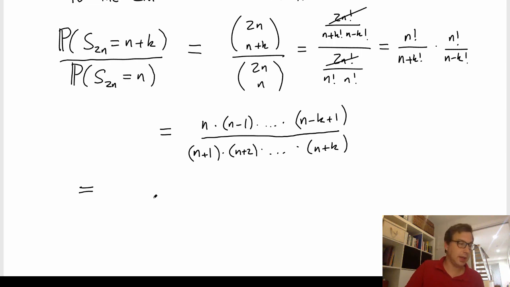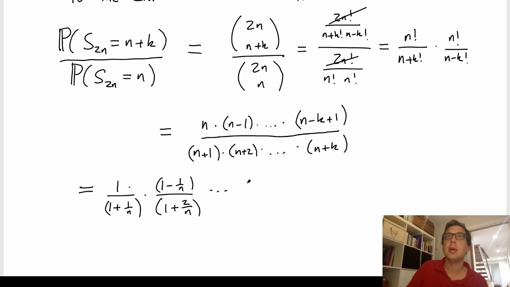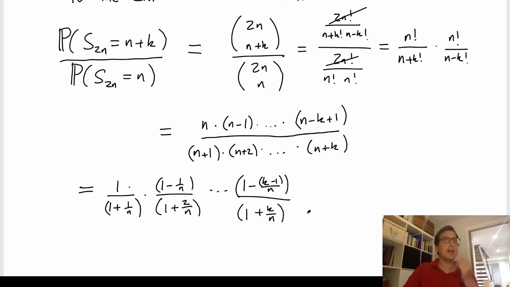So multiplying and dividing by n, I'm going to get 1 for this guy. And then dividing by the n here as well, divide by n here, divide by n here, is going to give me 1 plus 1 over n. Let's look at the next term here. I'm going to get 1 minus 1 over n. I'm going to get 1 plus 2 over n. Okay, and I keep on going all the way up to the top. I'm going to get 1 minus k minus 1 divided by n, and 1 plus k divided by n, right? Okay,